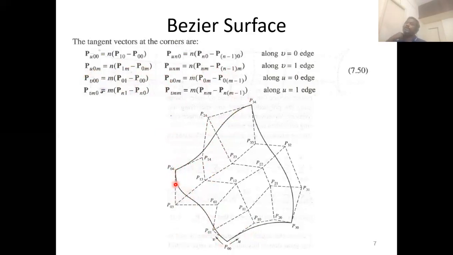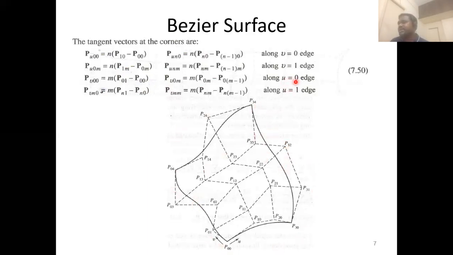So how to find out the tangent? There may be a part A question or part B question. Sometimes you are supposed to write. In your end semester people will not ask specifically, but during this pandemic situation we will be conducting an online exam. If I conduct multiple choice, there may be a question from this kind of picture.